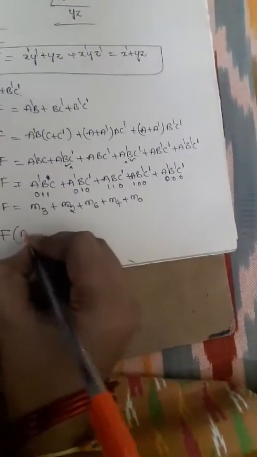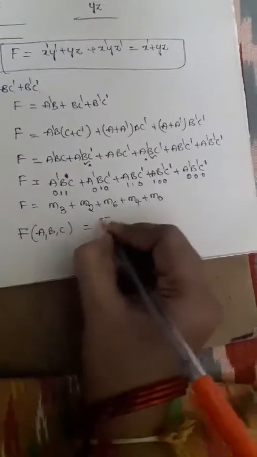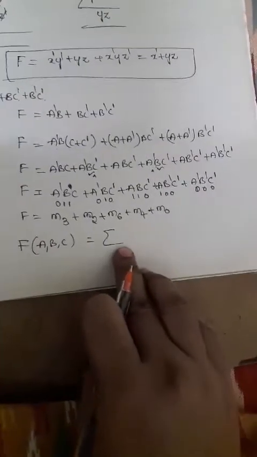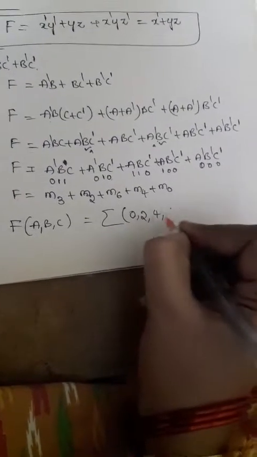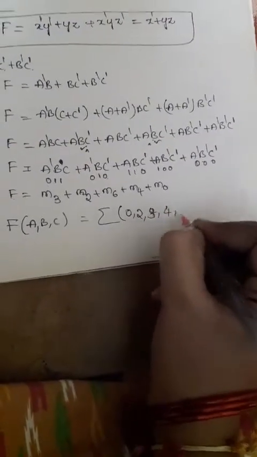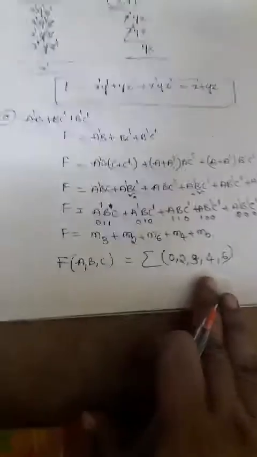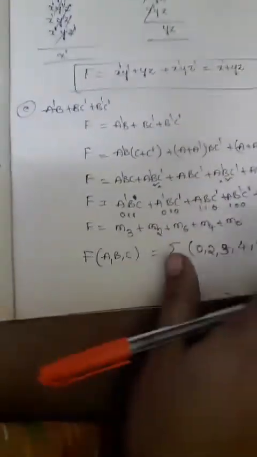Okay. Now f of A comma B comma C is equal to, this is a sum of product equation, that's why I can use this summation symbol. So then we'll get the function becomes sigma of 0, 2, 3, 4, 6. So now based on this we'll simplify using the K-map. Okay, for this we require a 3 variable K-map. Here we'll consider variables A, B, C, with 0 0, 0 1, 1 1, 1 0 and this is 0 1.